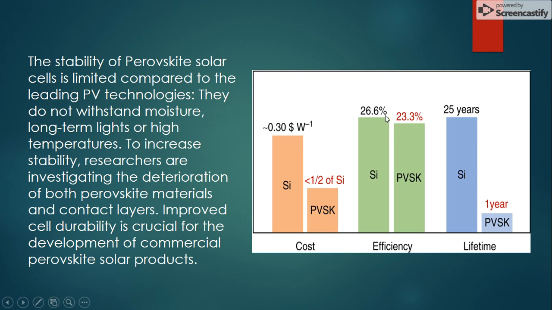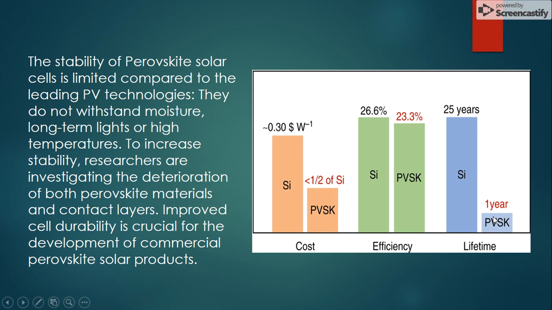But when you look at the cost and efficiency, perovskite solar cells have more advantages compared to the silicon. But in the lifetime, there is a big problem for the perovskite because the maximum stability